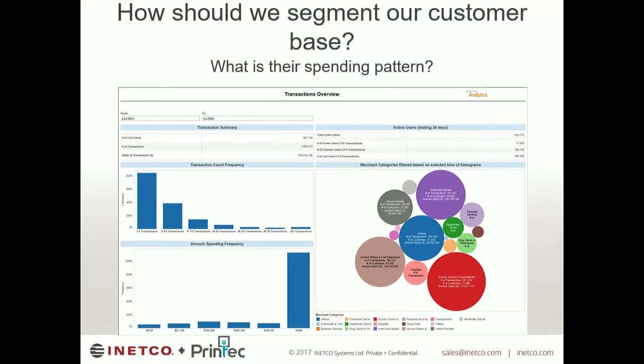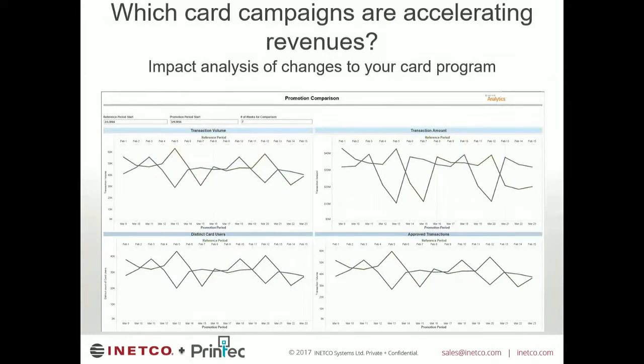Let's move on to a different use case here, and this use case is around campaigns and trying to see which campaigns accelerate our revenues more than others. Now, this could be based on different card types or reward types that we might have, or it could be the same card that we're looking at, or based on different periods, based on different offers that we might have